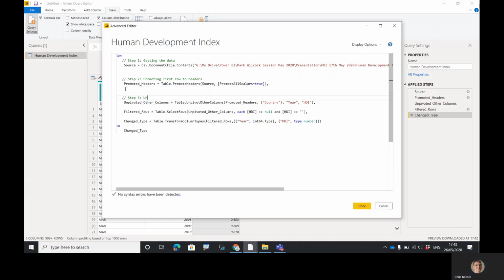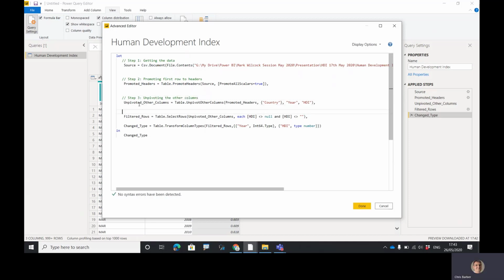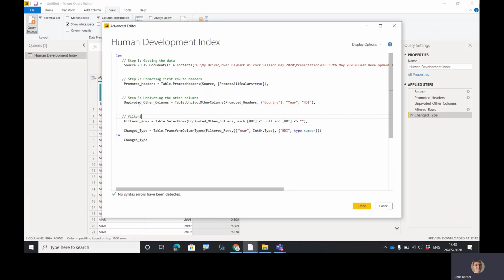Step 3, pivoting columns. The 4th step is going to be filtering out the blanks. Then step 5 is going to be changing the type